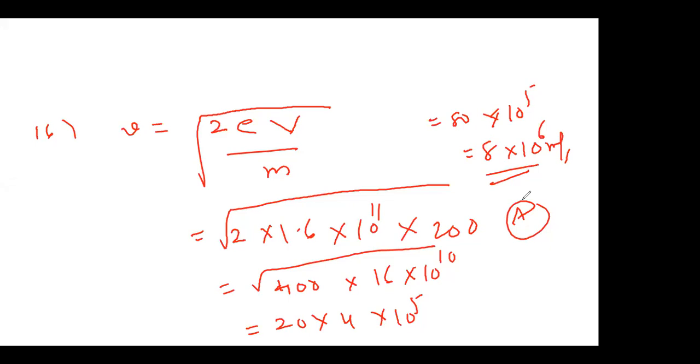So, number 17, theory. Photoelectric effect is a phenomenon which can be used to convert light energy into electrical energy. Which one will you write? A common mistake is writing photon into electron. It does not convert the photon; the photon is a packet of energy. So it is light energy into electrical energy.